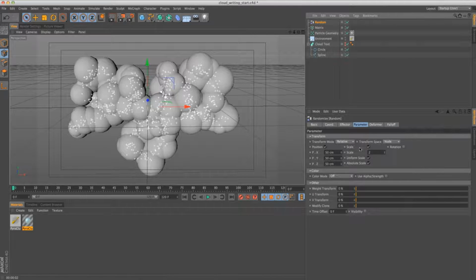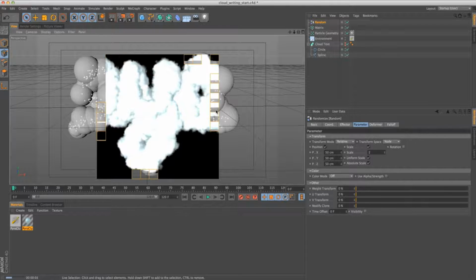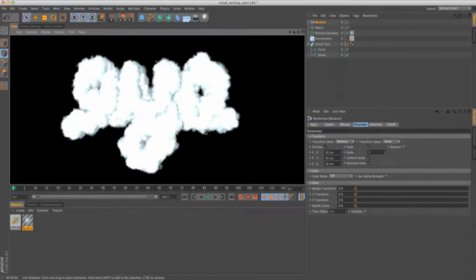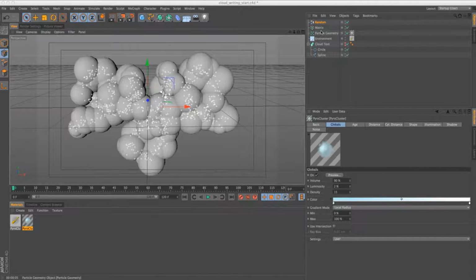So now we have our scale and our random position coming from our random effector, and let's hit render. It's a little bit messy. We still need to mess around and tweak our cloud settings here because it's all really blown out. But you can see that we have the beginnings of a cloud word being spelled out. What we can do is either change the radius here in the Pyrocluster settings, or